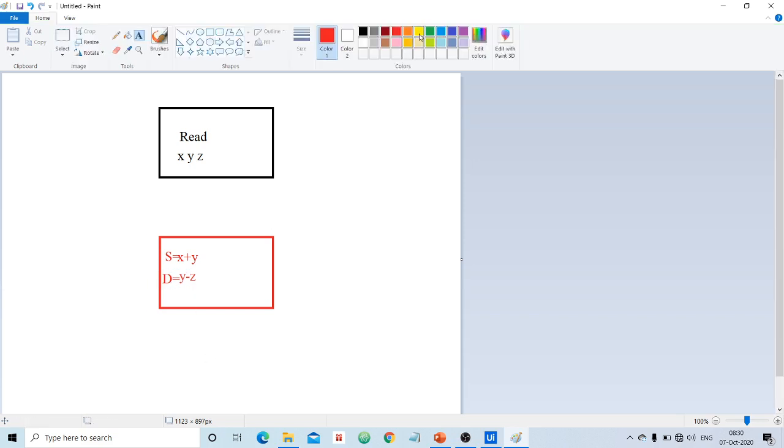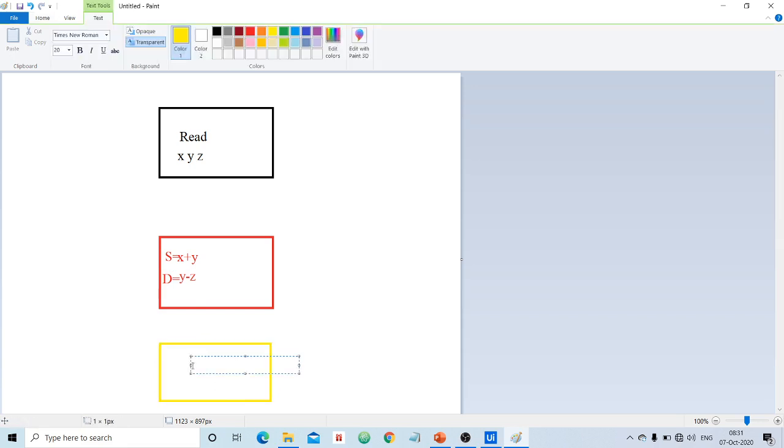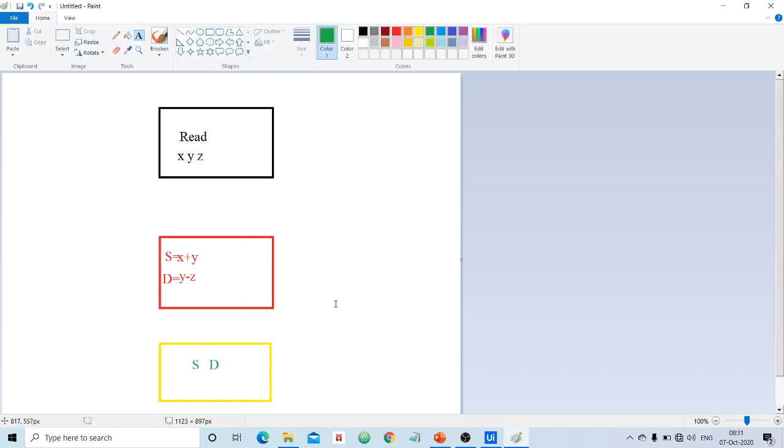And finally we need to write the value of sum and d on the console, right? So let us assume we are trying to automate this using a flowchart and a sequence, right?